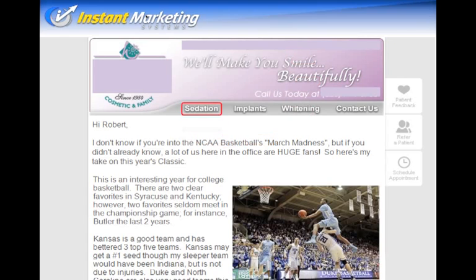Now, on this particular email, if you notice again, it's a template for an email, and on the template, we have links back to the website. So the email can automatically link back to your website. In the email you can automatically give your feedback, refer a patient, or schedule an appointment. But we want them to open the email, so the subject line of the email was about March Madness, and it was about a contest they were having. And we start the email off with, "Hi, Robert," because we personalize every email. And sometimes we'll personalize it in the subject line, which increases the readership.